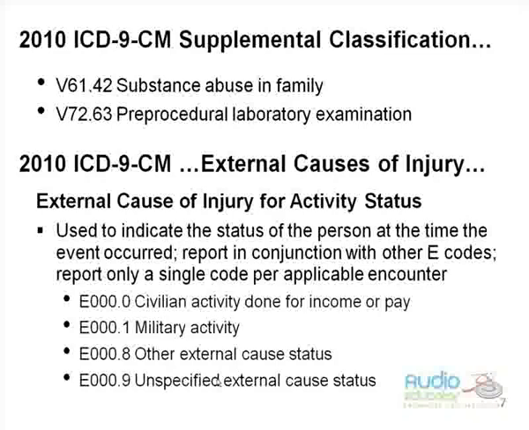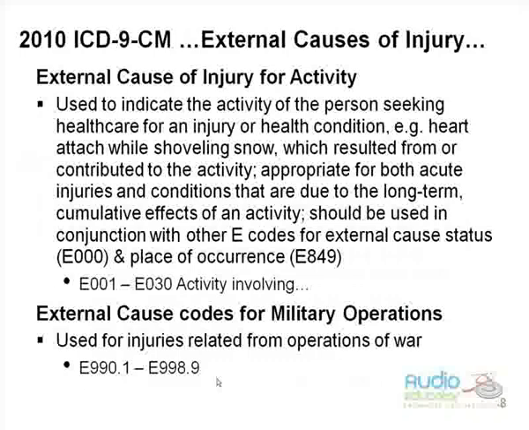So was the person on military activity? Is the person on civilian activity done for income or pay? This is going to be only a single code per applicable encounter. We would not be reporting more than one of these. The next section is external cause of injury for activity. This is looking at the activity the patient was engaged in when they sought health care. So if they had a heart attack while shoveling snow that